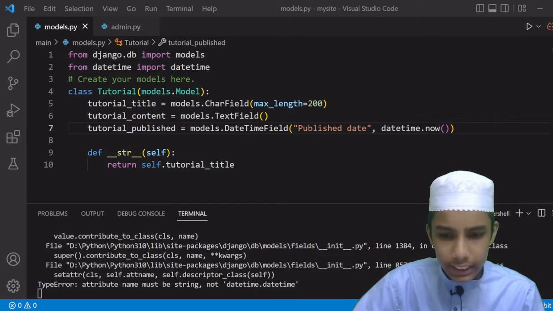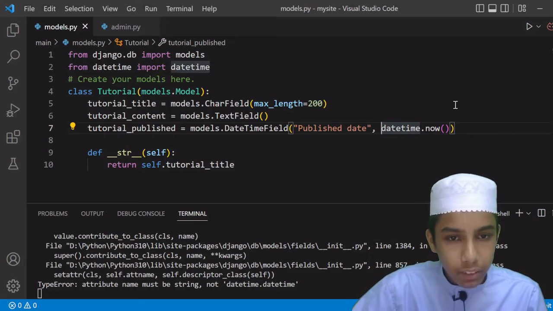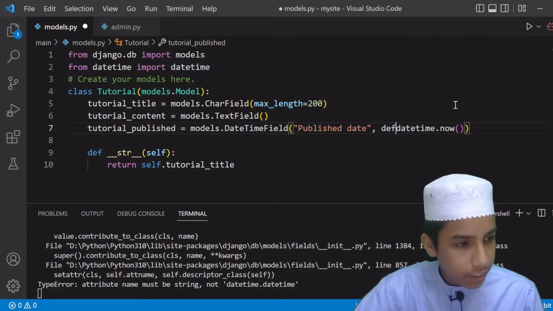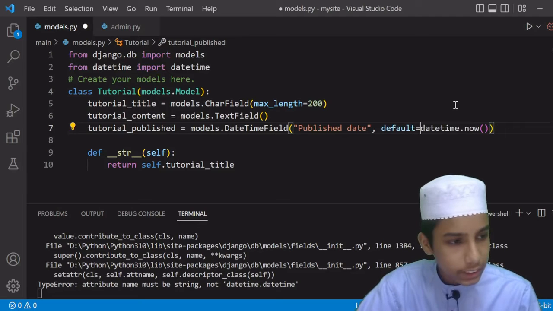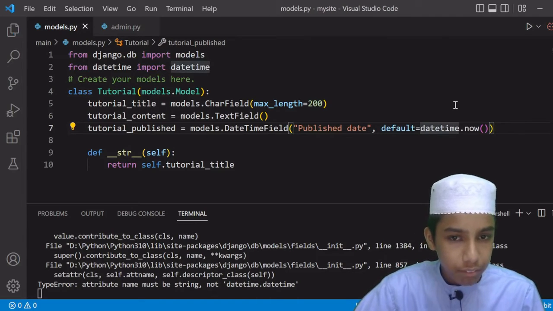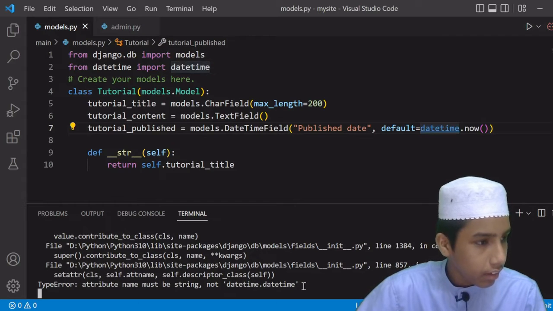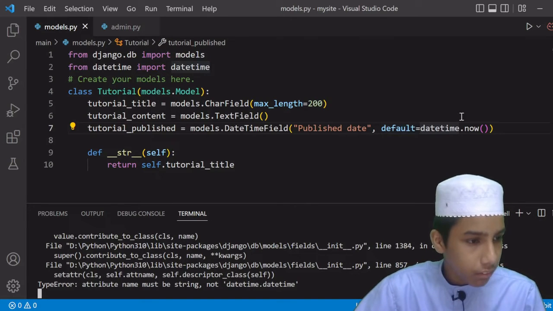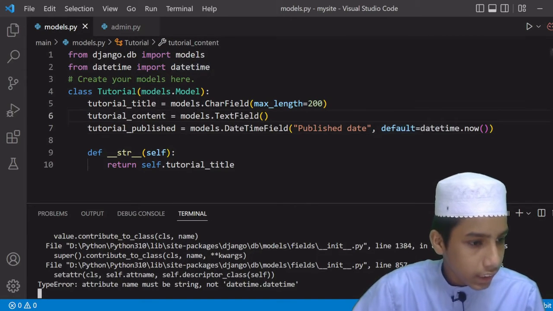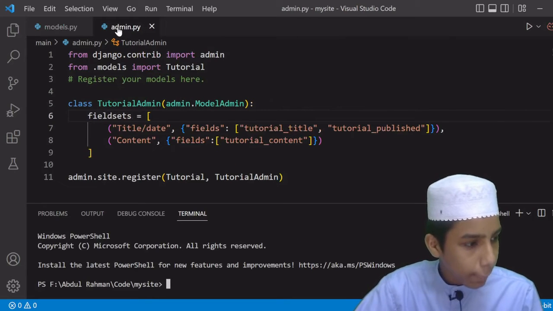So let's do one thing. I think I have made a mistake here. For the publish date, comma, I have not given the default. Default is equal to datetime.now(). Okay, default is equal to datetime.now(). We are not getting anything. I'm going to remove this one and again